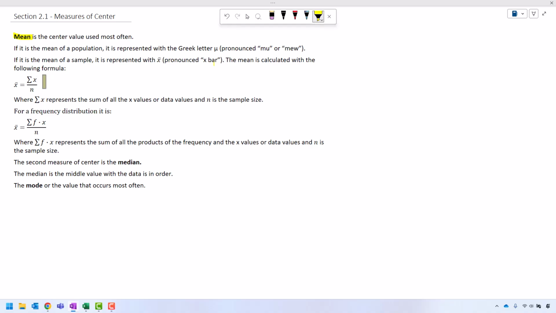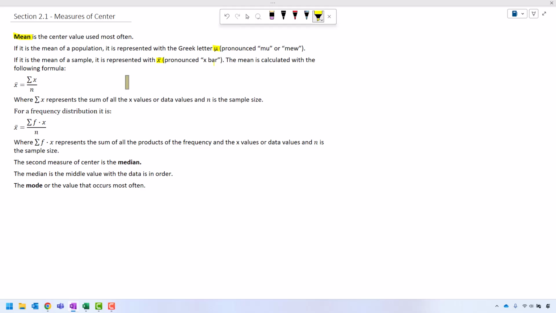Anyway, a couple of things to note for vocabulary. If we're talking about the mean of the population, we're going to abbreviate it with mu. That's the letter. And if it's the mean of a sample, we'll call it x bar. These are important things to know as you're moving through the class and getting accustomed to the